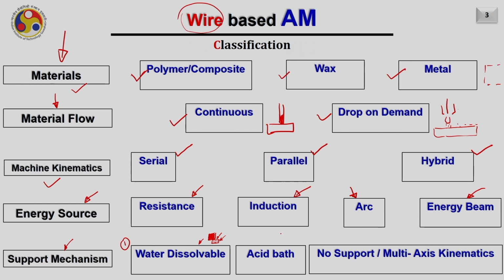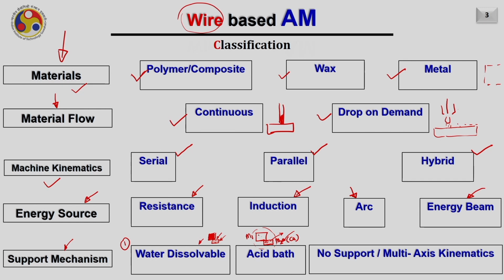But if you are using metal, this type of water dissolvable support may not work. So in that case, usually we have metal 1, for example stainless steel, and the support is provided by metal 2, assume it is copper. So if stainless steel is deposited and copper is used as the support material, if I do the acid bath of this, I mean I dip the whole thing into HNO3, then copper will get dissolved and it will leave